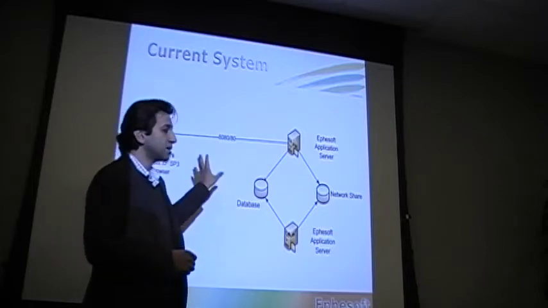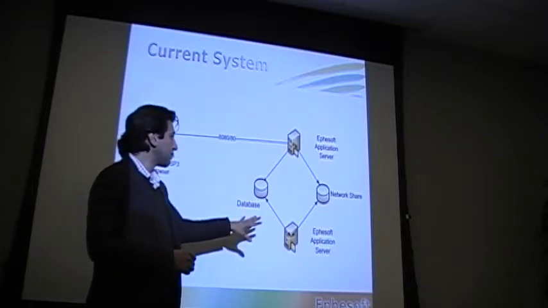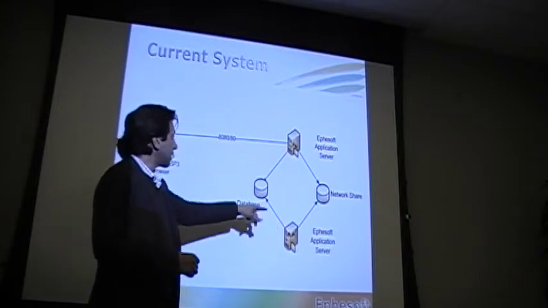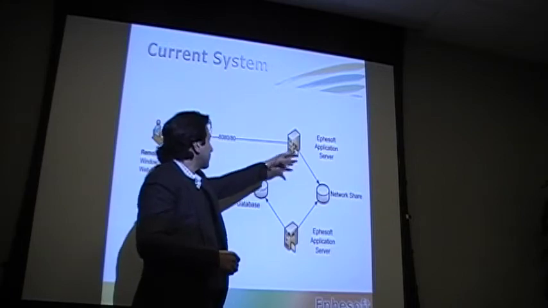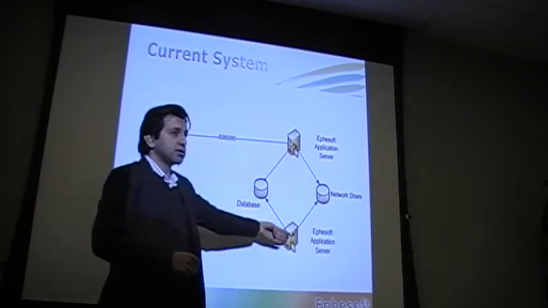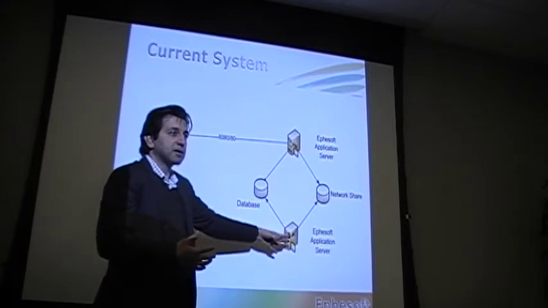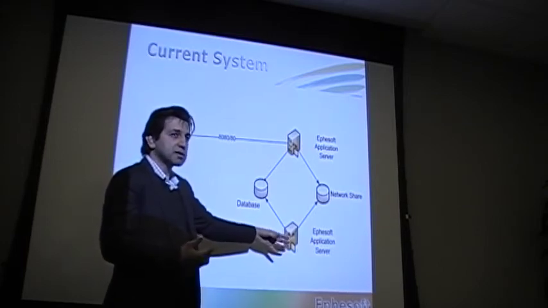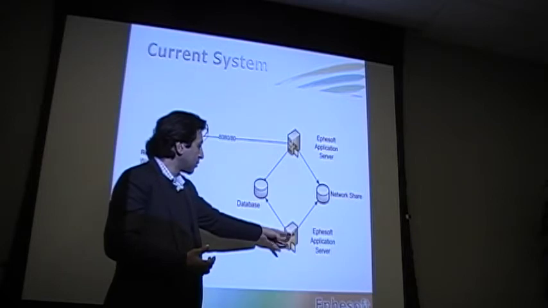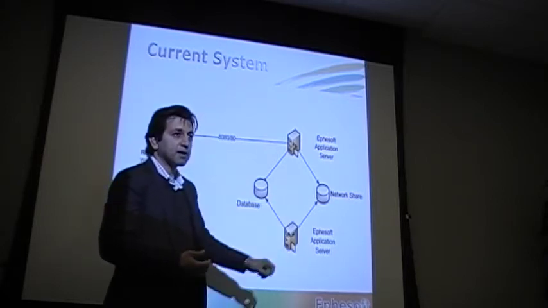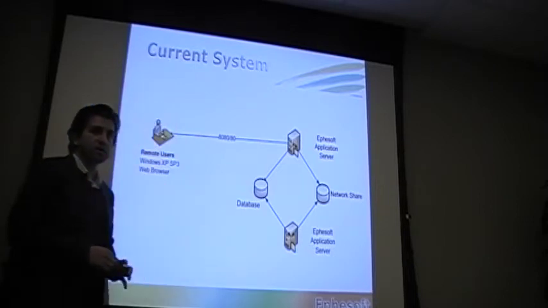So we need to design the system architecture so that we don't have any single point of failures. Today, if this server goes down, then we're fine. We just have the users connect to this one. So everything is fine. Everything will be backed up a little bit. Users will process, but if this server goes down, which is hosting the database and network share, we're in trouble. So we need to prevent all these things.